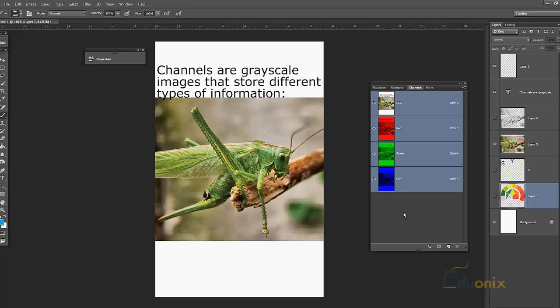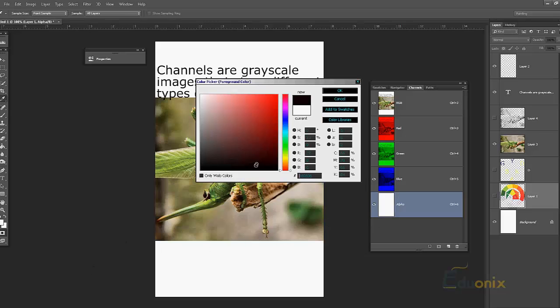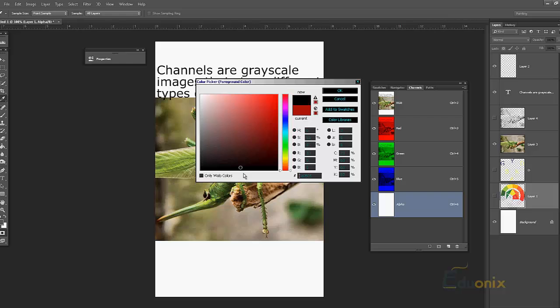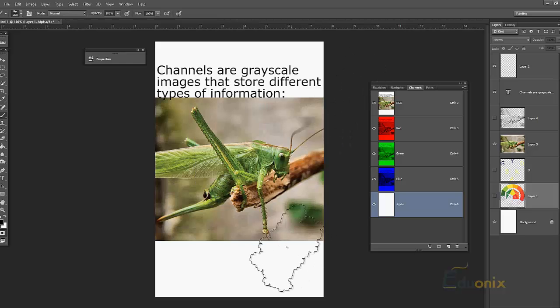Now getting into another version of channels, which is just as useful. If you have ever made a layer mask and you have the channels open, you'll notice it creates an alpha channel right here. So in a layer mask I can only do, and if you notice, I'll do red, but it'll make it gray because I'm in alpha. I can only do black and white and everything in between. And you notice when you paint, it turns red. Well, that's creating a selection here, and